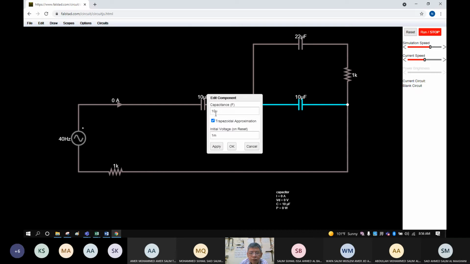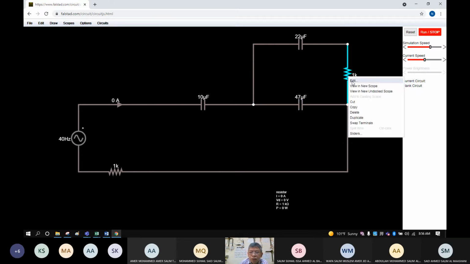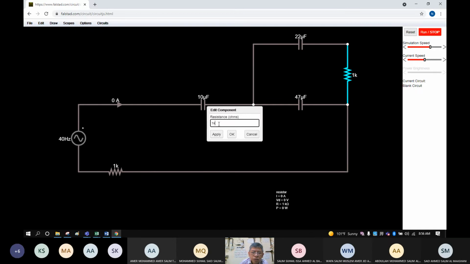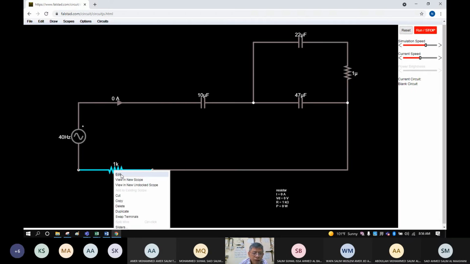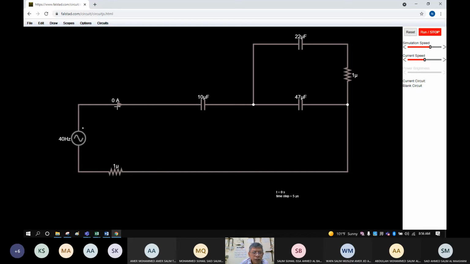Edit 47. Okay, 47 microfarad. Then this is 0. Then this one, we need to change this to resistance. So it is in micro ohm. Click OK. Then here, edit micro ohm. Click OK.